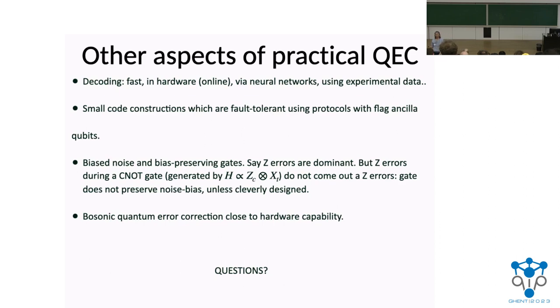So there are several aspects of fault tolerance. In these constructions, typically the checks are very local, and this comes from a local tiling of a local representation of a manifold. And if the checks are very local, then in principle, just measuring the checks is fault tolerant. But there's also things that,